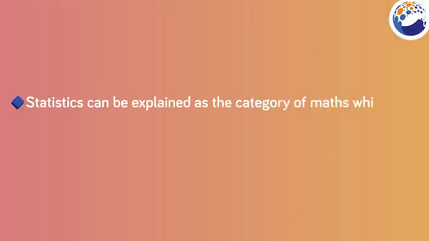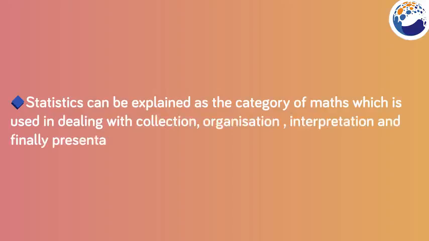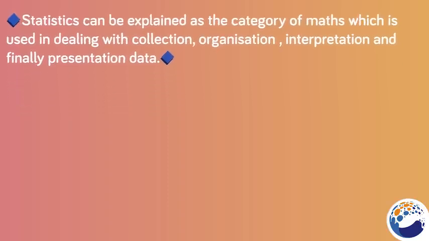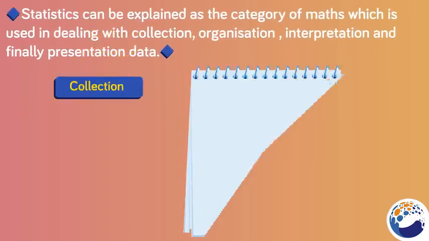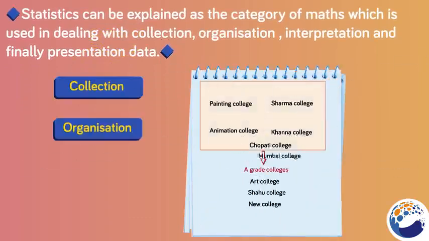What we just saw is the statistical data on a smaller scale. Statistics can be explained as the category of math which is used in dealing with collection, organization, interpretation, and finally presentation of data. Here, once the data is collected by Jack, he organizes it. Then comes